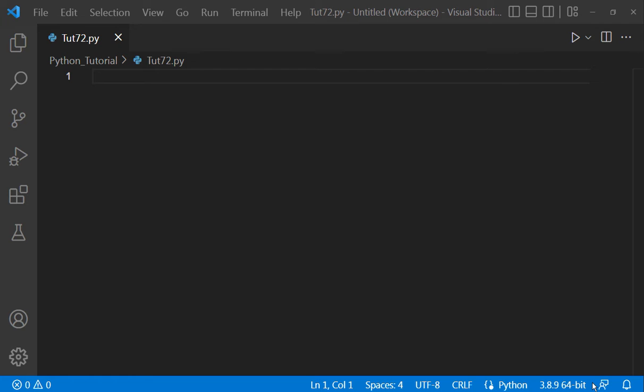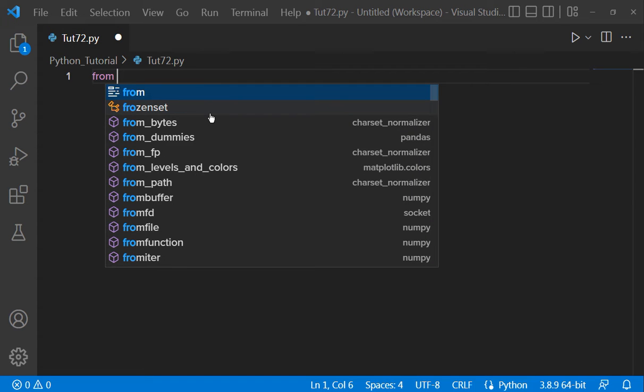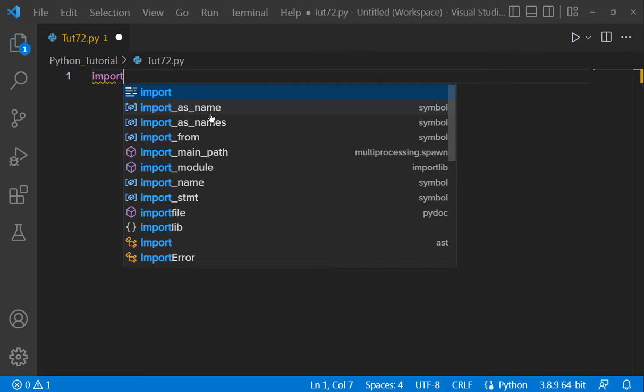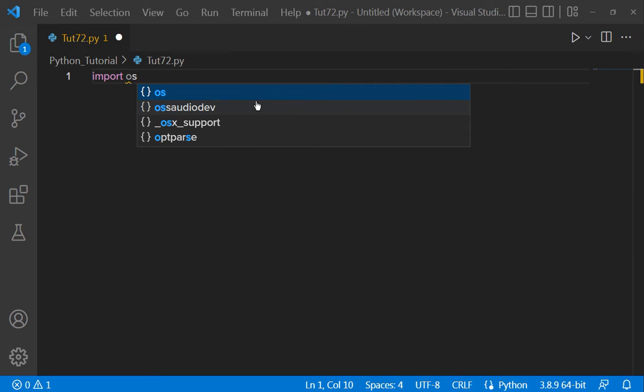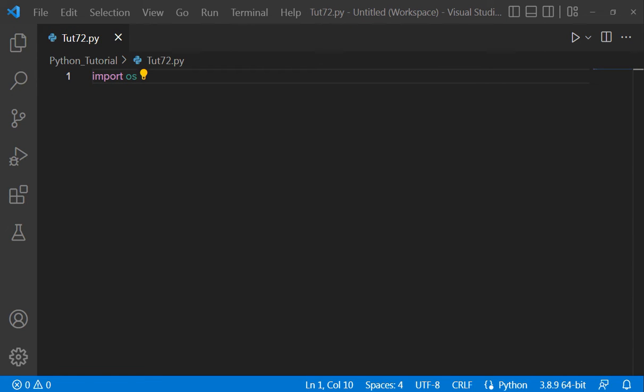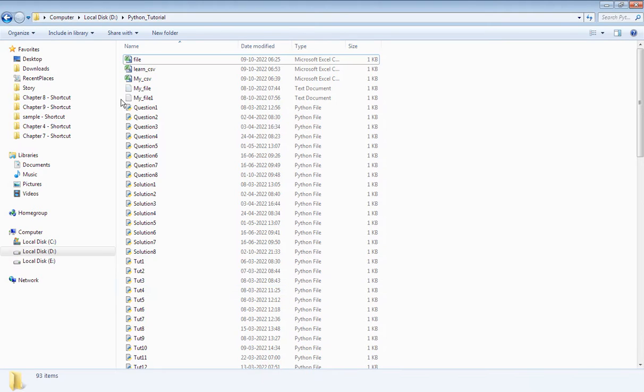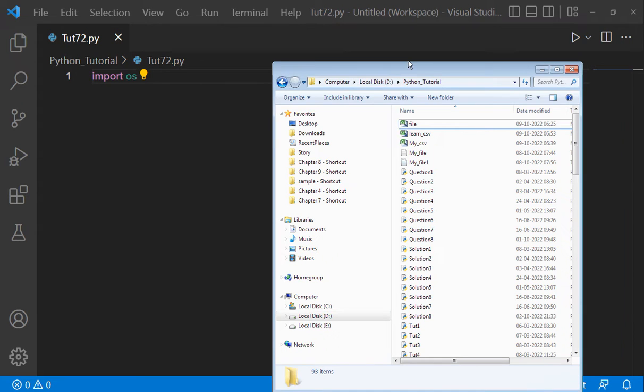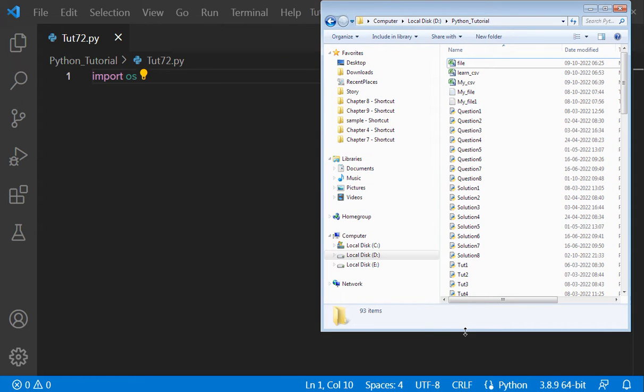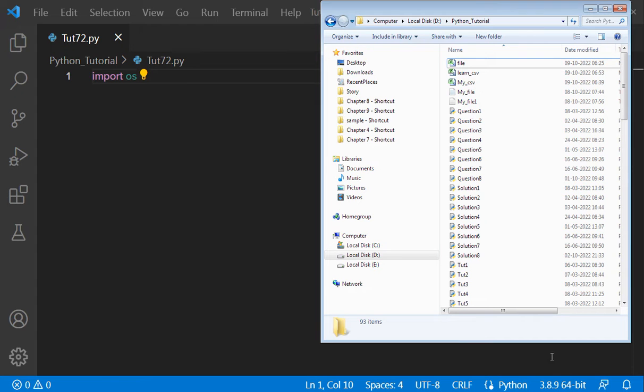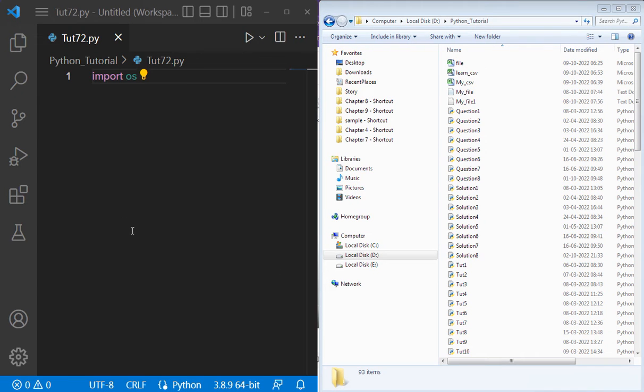So friends, in today's video we're going to learn the OS module. The OS module is a really interesting module, and with it you can work on files. So here let me just import os, and let me open this. Wait a second. Okay, I have adjusted my screen. Now here what I have to do is,